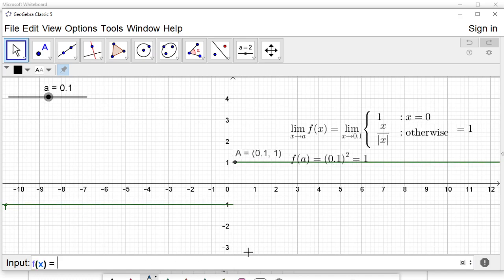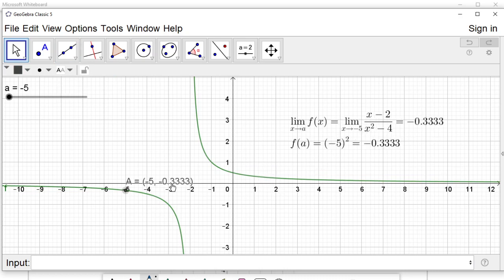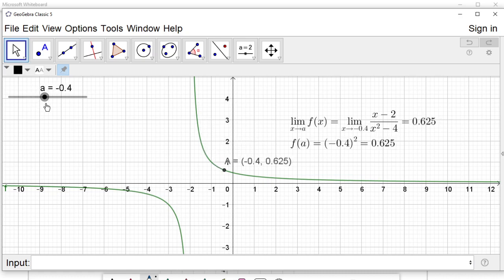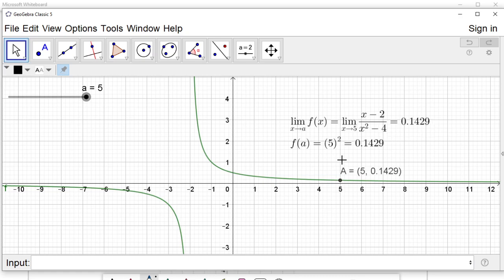Let's try one other alternative. So let's do x minus 2 over x squared minus 4. Okay, so here's a function, and you can see if I check the limit at any of these places, everywhere I check, it's the same as the function. Now, if you were looking carefully, you might have noticed